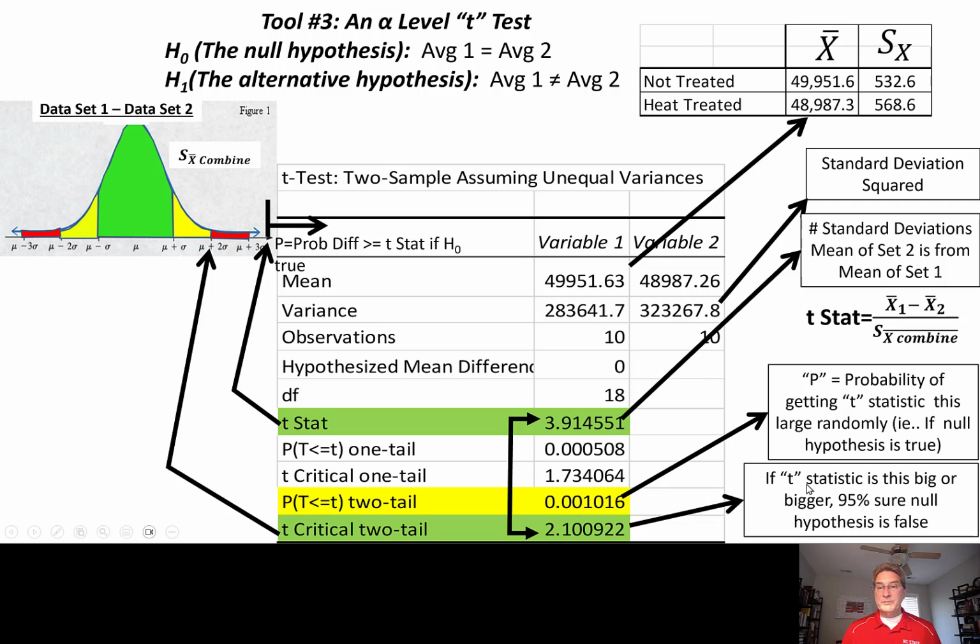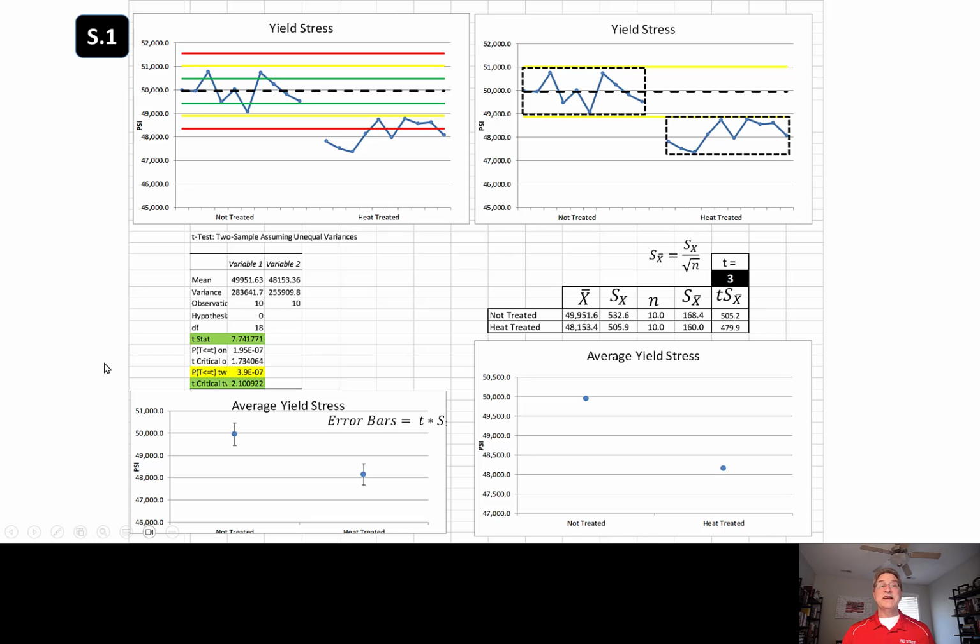I'm not going to get this big of a difference if heat treating didn't matter. Okay, so you see the t-test, how powerful it is in terms of the information it gives us. So I'm going to just show you a couple examples. This one,